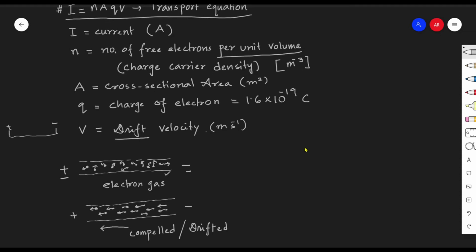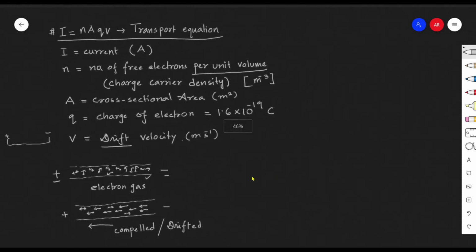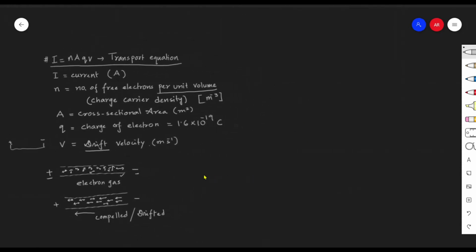So this equation I equals nAQv is the transport equation we called. If we would like to see how this equation has been derived, you just consider it is